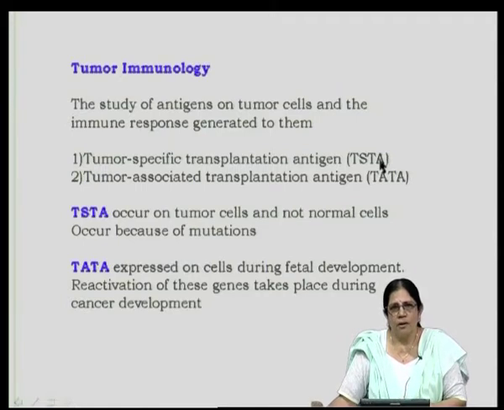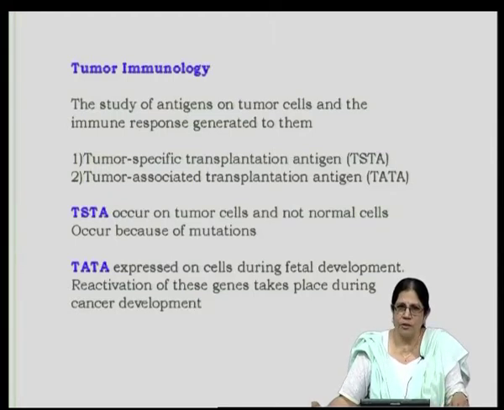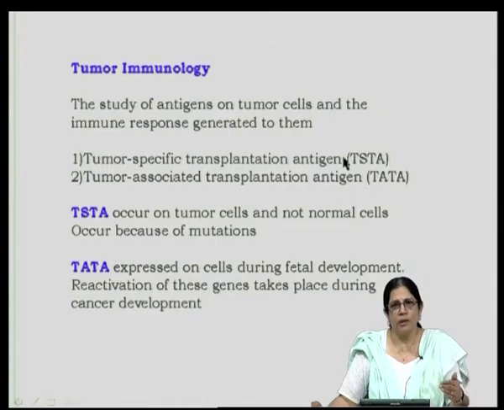cancer biologists were doing experiments where they transplanted tumors from one mouse to another and found that almost always tumor regression did take place. It was only later they found that that was not because of tumor specific antigens, but because of graft versus host reaction, because of the expression of class 1 molecules on nucleated cells. So, they had described these as transplantation antigens because all the experiments were done from one animal to another after